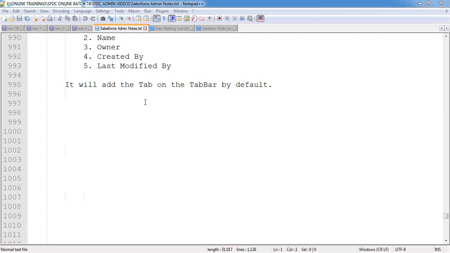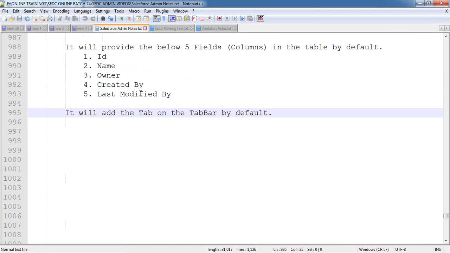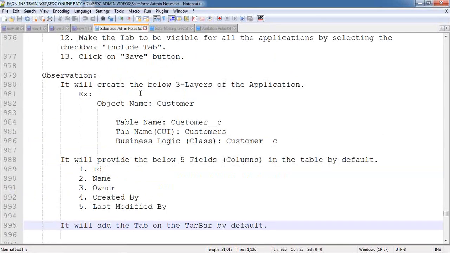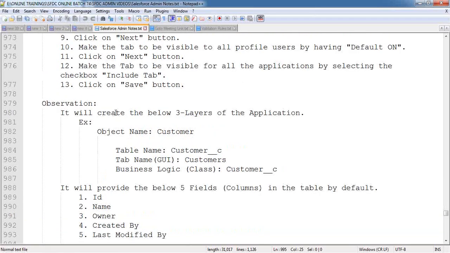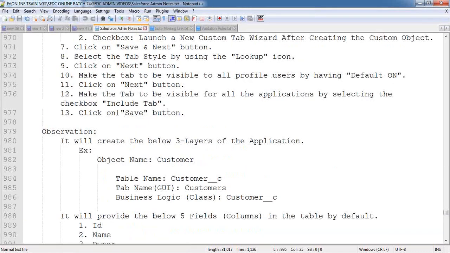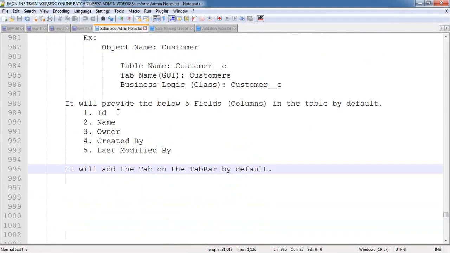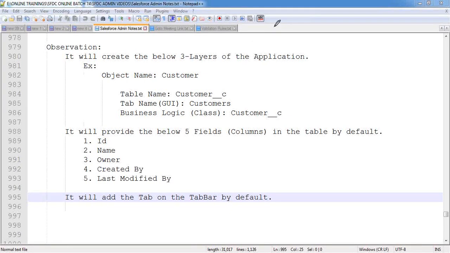So in the last session, we discussed the object creation, how to create an object in Salesforce, and upon creating an object in Salesforce, what will happen internally by default, what kind of functionalities Salesforce will offer by default. We have discussed that whenever I'm creating a custom object in Salesforce, Salesforce is